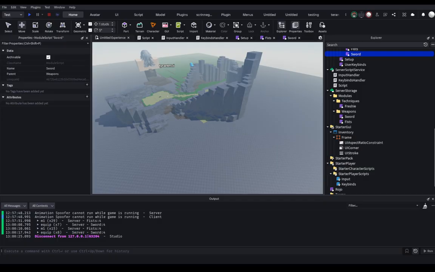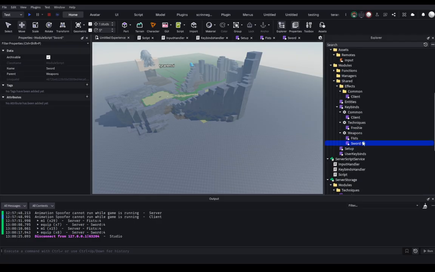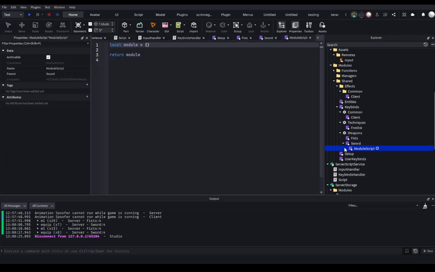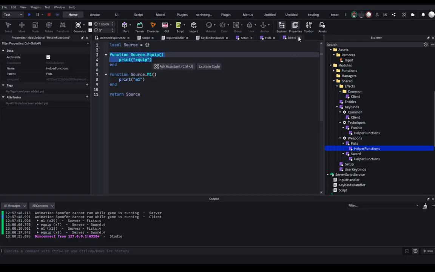Yeah, so I call it data. So I have data and helper functions for every single set. You can call it whatever. I'm just going to call it helper functions, and I'm going to make one for each one of them, right? Each technique and everything. You don't need to use it, but it's helpful, because you can make reusable functions that are specific to those